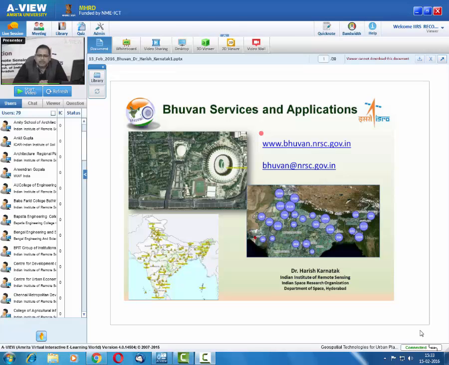The basic objective of this portal was to showcase the Indian remote sensing capability and also demonstrate some of the major applications of remote sensing data, like natural resource management and disaster